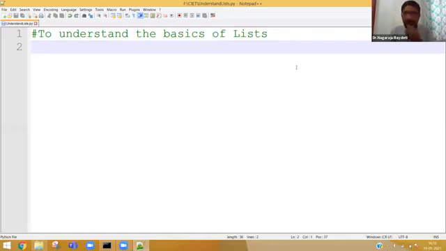Okay, so I think one of the participants, Akanksha, has responded. A list is used to store multiple items in a single variable. So I will definitely agree with the answer of Akanksha. Fine. So now let us try to understand.